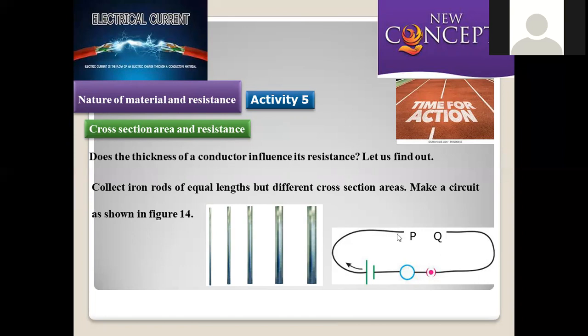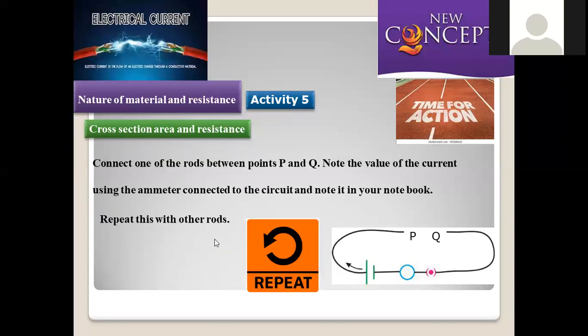And each and every time we are going to prepare a circuit, just like how we performed in the earlier session in the similar manner. Here also, individual iron rods of different thickness are going to be connected in this circuit, and these are going to make the conducting material in this circuit as shown in the figure number 14. This circuit is prepared by the various thickness containing iron rods, but the length should not be varied. We are not supposed to change the length, that should be fixed. Only variation in the cross-sectional area should be taken.